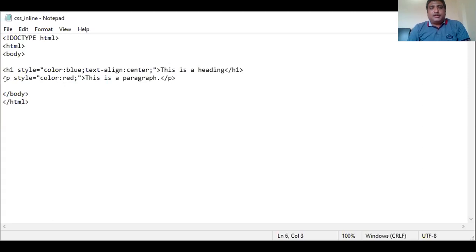It's very time consuming. Here we use the p tag with the style color red, and this is the paragraph content. So this content will show in a red color. This content will show in a blue color and aligned in the center. Let's see its output.